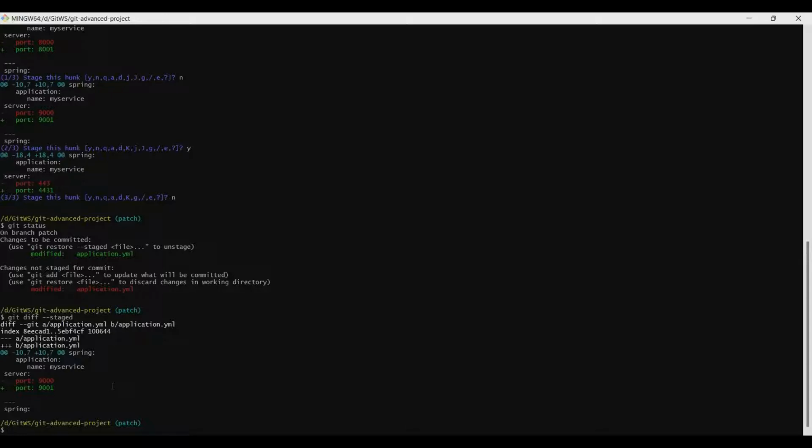The other two lines are not staged for the commit. So this is how you can pick and choose which lines of a particular file you want to stage for the commit, and the rest you can keep out of the staging area so that the commit will not pick it up.